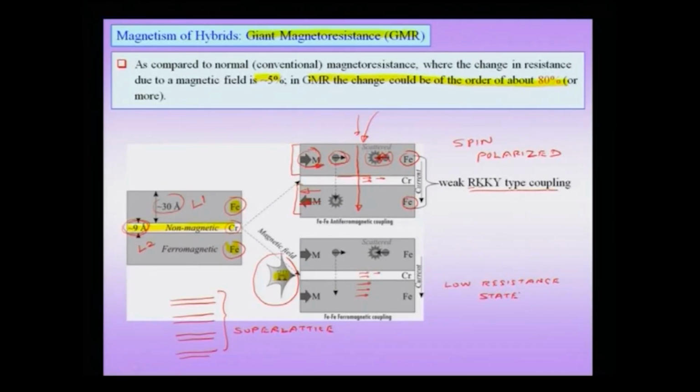Of course, why is this external magnetic field easily able to switch the magnetization direction? Because we said that this RKKY coupling is actually a weak coupling, it is not a very strong coupling. So, when you apply an external magnetic field, this weak antiferromagnetic coupling is overridden and both the layers, layer 1 and layer 2, point in the same direction. So, now we have a very interesting effect which is definitely in the domain of nanomagnetism, coming from composites or hybrids made of magnetic layers. And of course, as I pointed out, you have to include a non-magnetic layer which could be a conductor as in this case, or could be a resistant or a dielectric as we shall see in the